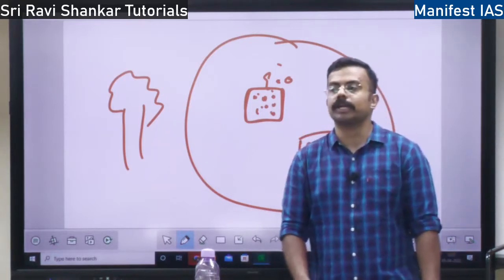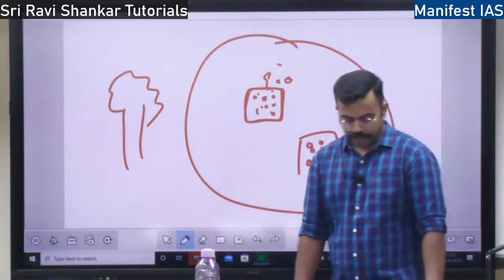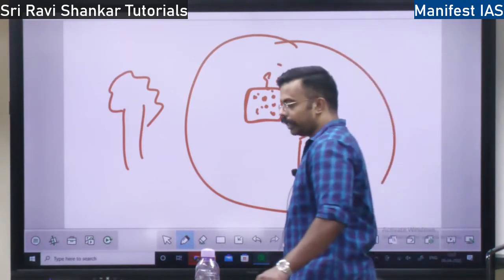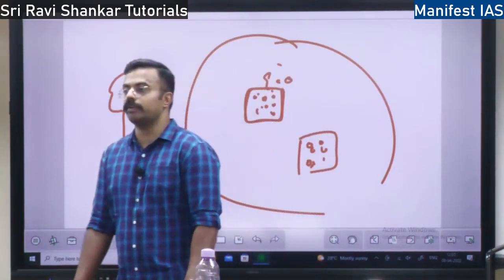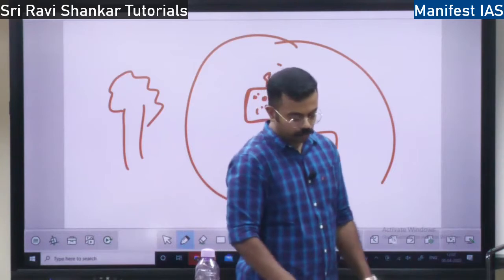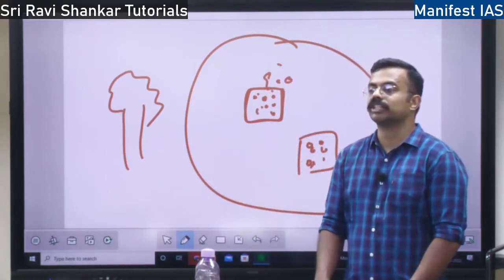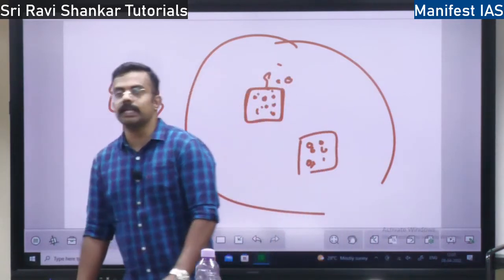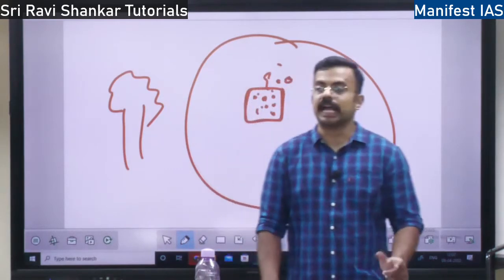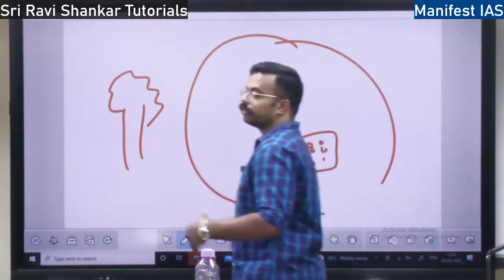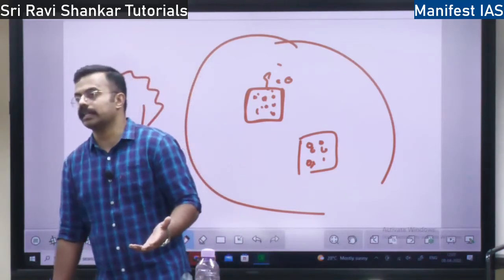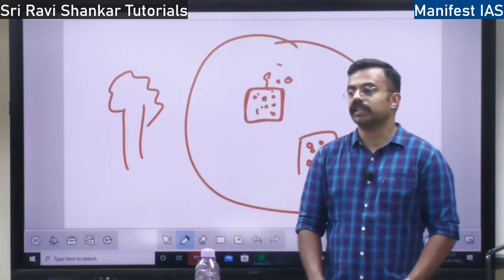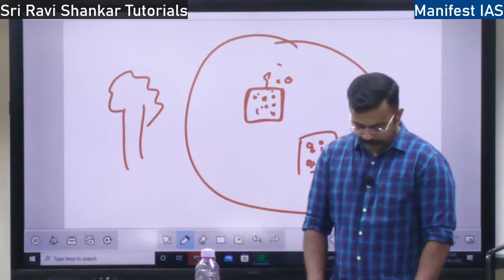The second abiotic component is rainfall, right? So rainfall is a non-living thing. Because of rainfall, you will get water. Water leads to a lot of biochemical reactions. Bio means life, chemical means reaction. So when you consume water, it gets converted into so many things, right? Water is needed for both plants and animals, so it leads to a lot of reactions, right? So rainfall is the second abiotic component.